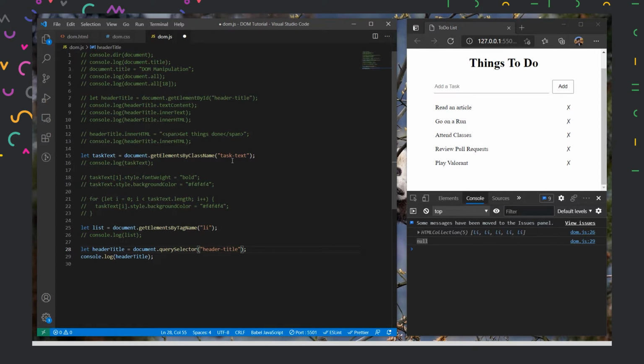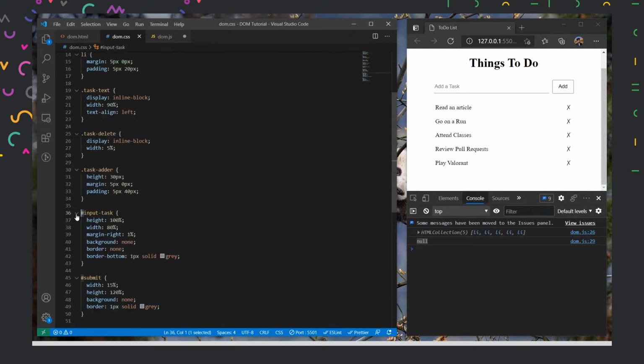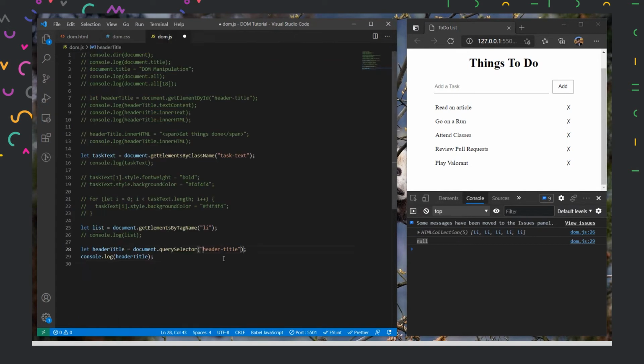Is it a class name? Or is it a tag name? What I have done here is select the tag name header title, but I need to select an ID instead. So in CSS, how do we select IDs? We select it by using the hash operator or hash selector. So I just have to put hash over here. Now if I save, it will return me the heading tag.